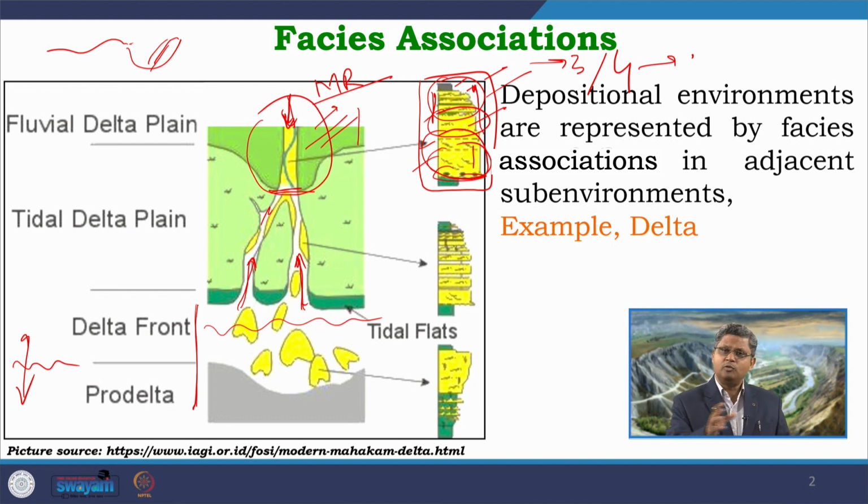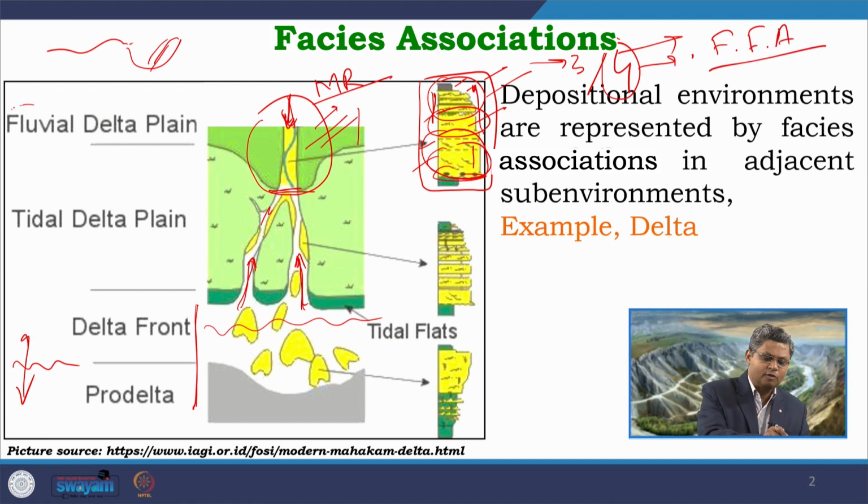And when we club together these 4 facies types, we get an idea about the depositional processes going on in this part of the basin, because now we are getting an idea from these 4 facies together that there is a channel with an overbank system. So, we can call that a fluvial facies association, which is forming part of the fluvial delta plain. But at this point, I do not know about the delta plain because I am just looking at only this